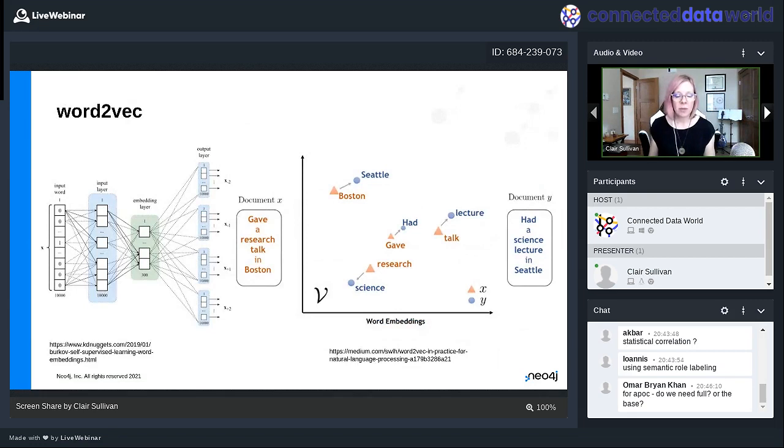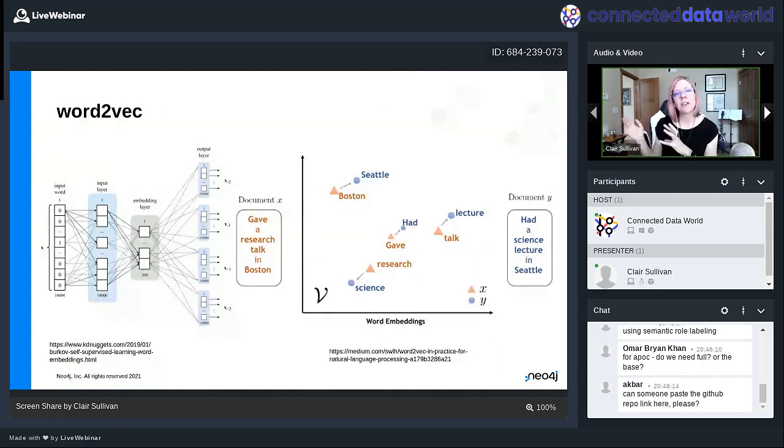And in particular, we're going to start talking about vectorizing text. We have this thing called word2vec. It's a pretty common method of vectorizing text. Why do we need that? Well, because the only thing I can put into a machine learning model is numbers. So I have to find a way to turn text into numbers, and word2vec is a pretty popular way of doing it.